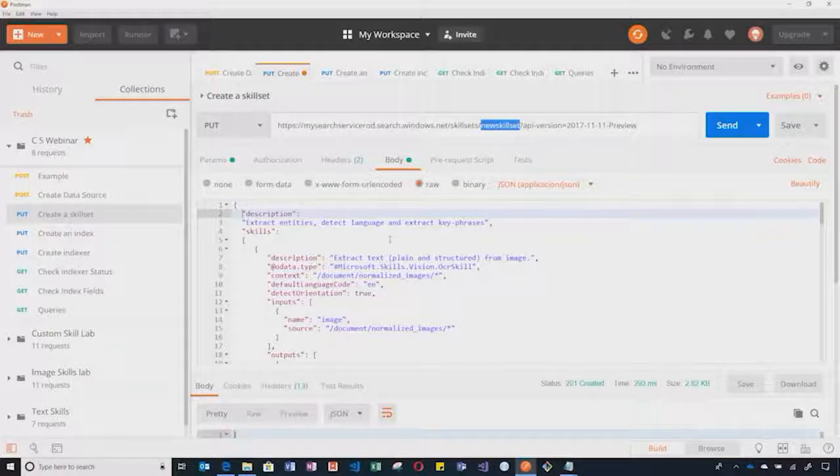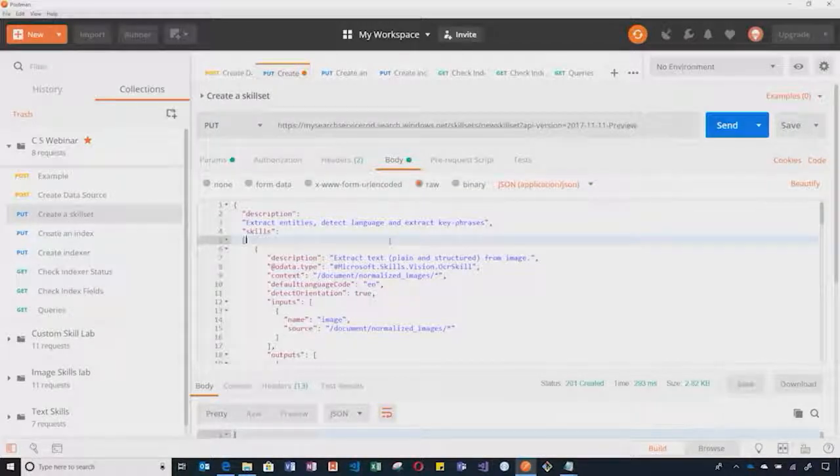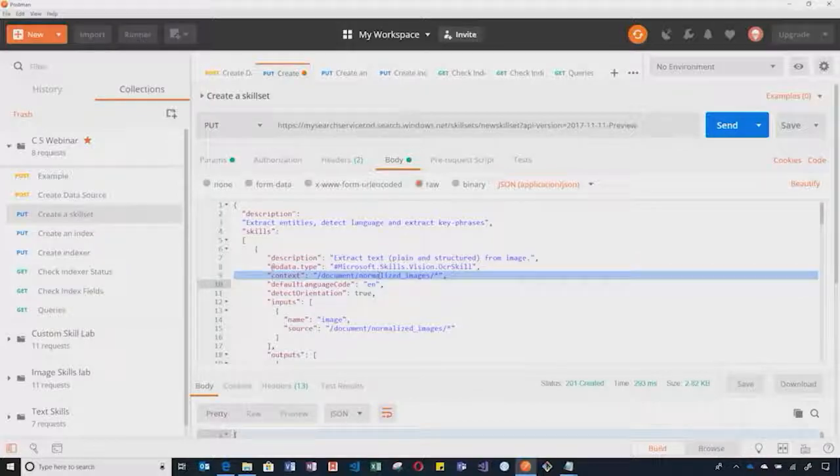In this body here, we will define which AI services, which AI skills we'll be using on our data set. And after a small description, the first one is the OCR. We want to run OCR on the normalized images, all of the normalized